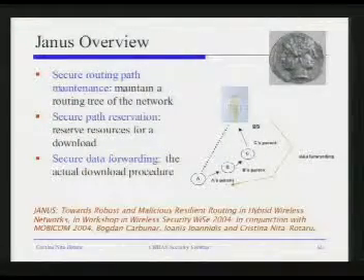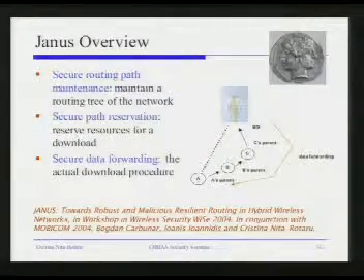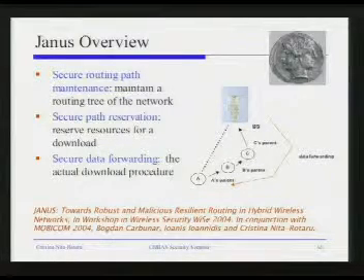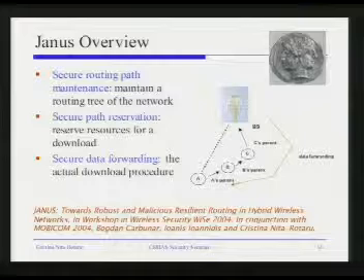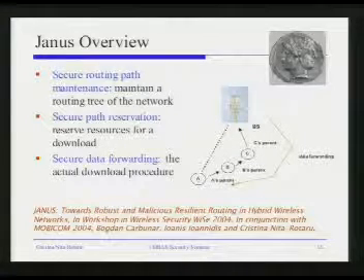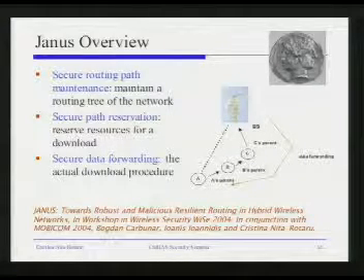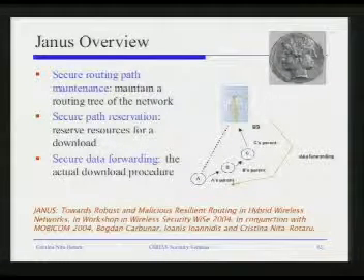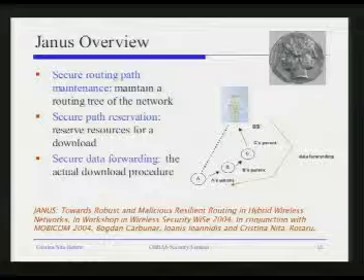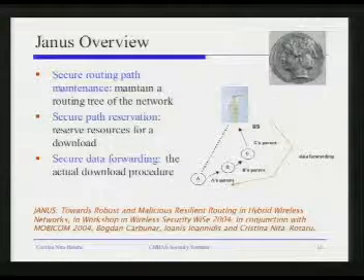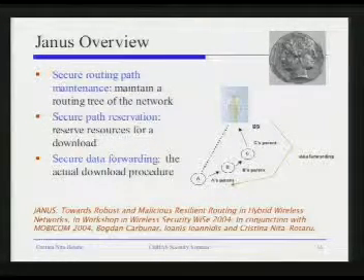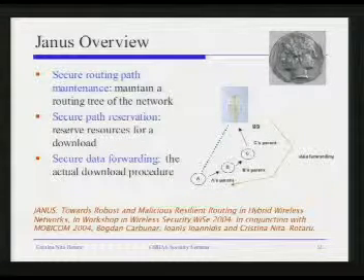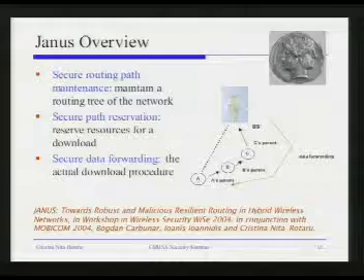Let me go to, so first of all, the overview. So we have a secure routing path maintenance, which basically we maintain this tree. Then we have a secure path reservation because the user requests a particular type of service. This is the amount of data, and this is the commitment that we are making. And the last part that we cared about is how do we do the data forwarding. From the perspective of the previous protocol that I presented, what is interesting and I would like to spend time on is the last aspect, secure data forwarding.